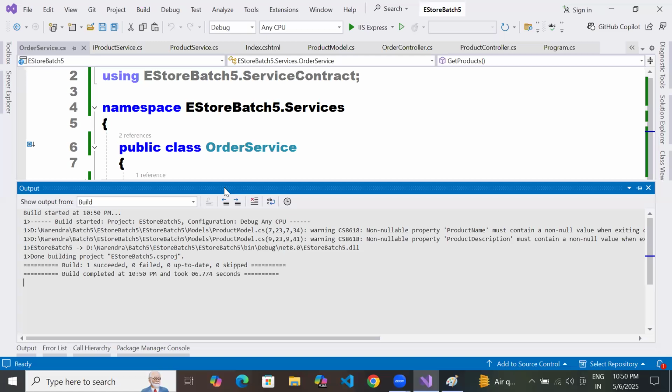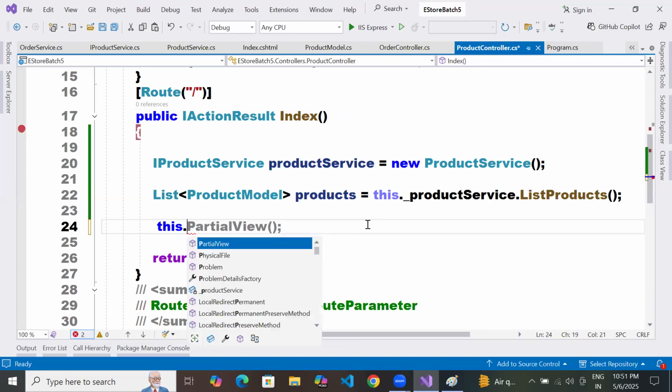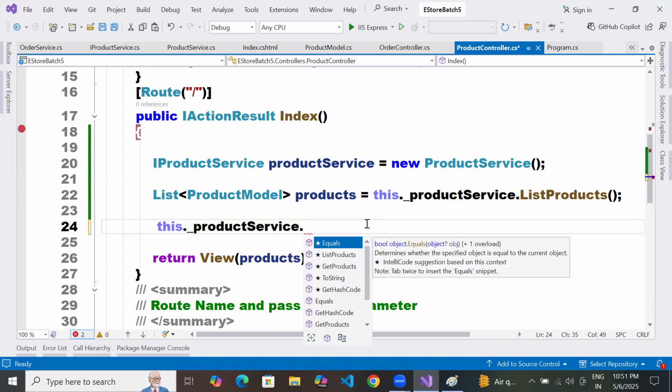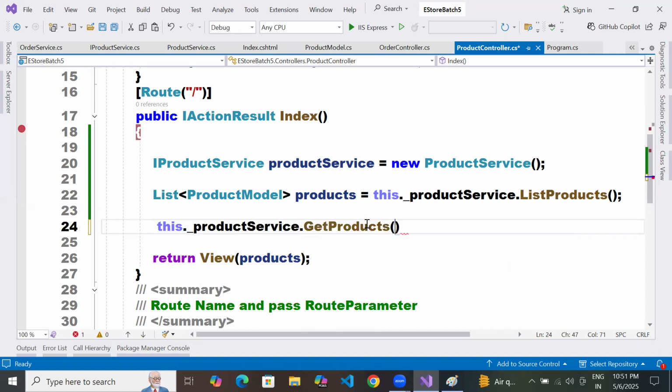Now we are able to get this method. Really? Yes, sir. Great.